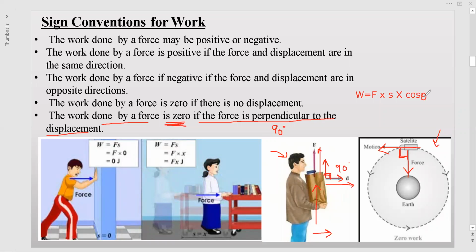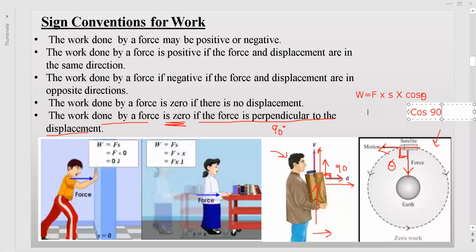W equals to F cos theta. This is one more formula where theta is the angle between the two force. Theta is the angle between the two force. Okay. And when it is perpendicular, this theta becomes 90. So it becomes